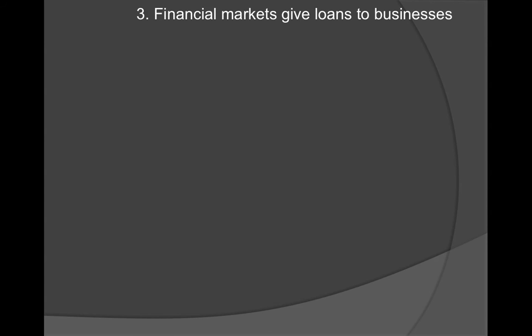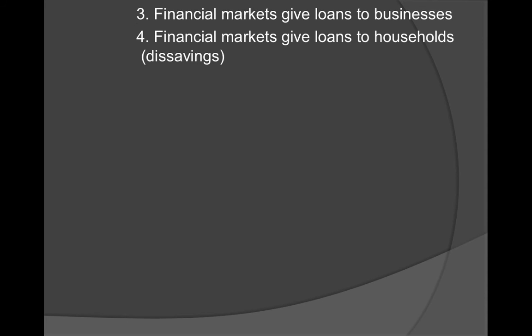So let's talk about what they give. Financial markets give loans to businesses. As I said before, if I wanted to start Doug's Pizza Video Company, which none of you guys got back with me on whether you thought that was a great idea or not, I would go to a bank and ask for a loan to try to get that started, to break ground and build a building and get a huge oven that you make pizzas in, and get movies, popcorn, all of that type of stuff. So financial markets give loans to businesses.